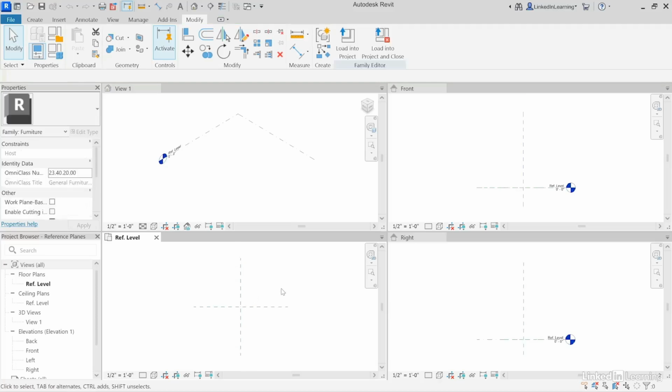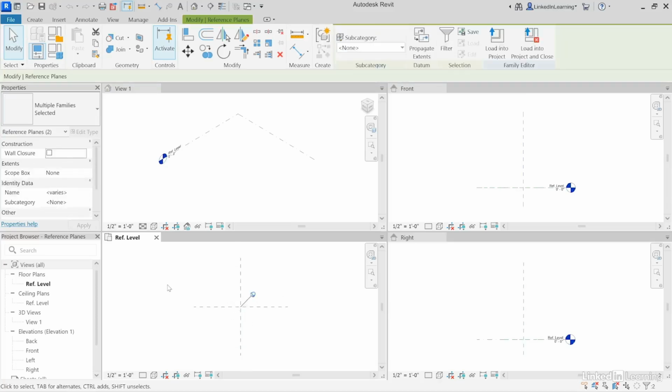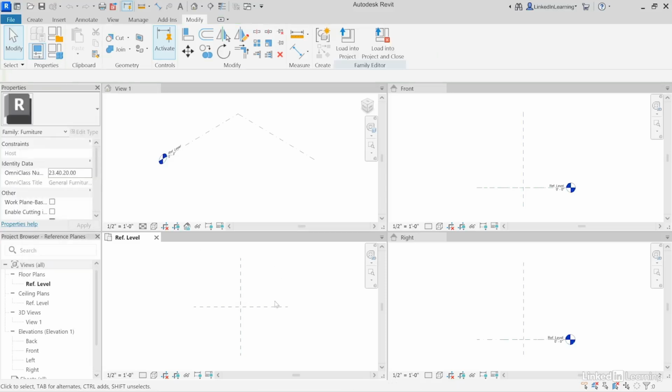And that's important because both of these reference planes are indicating where the origin of this family is. And you probably don't want that to move in any way. Okay, now what we're going to do is create our own reference planes to begin defining the extent of this